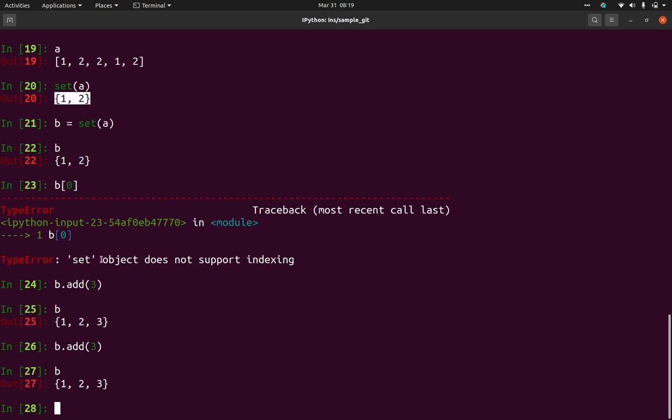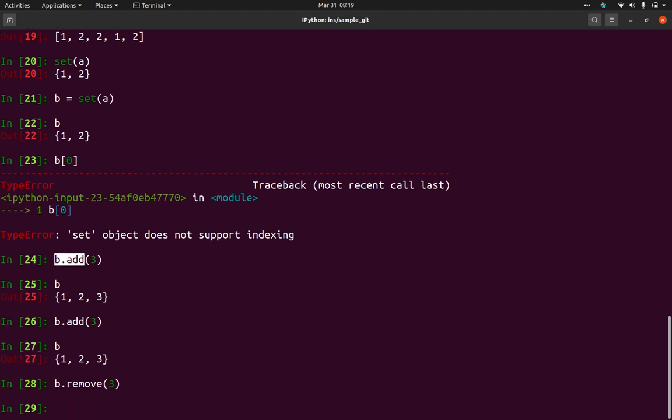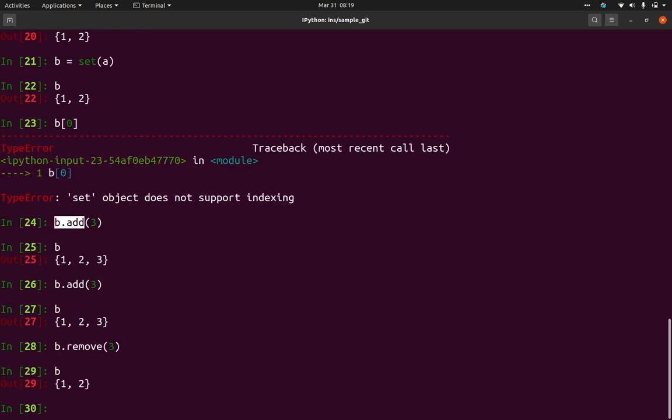You can just add the elements, or you can just delete the elements. Like v dot remove 3. You can just see, we only have these two methods. You can either add them or remove them, but you don't have multiple methods to do these things, right? So that's why sets are not being used directly. Whenever you want unique values, we will convert it into a set, then again we will convert it back into a list. So that's where the list function comes in.